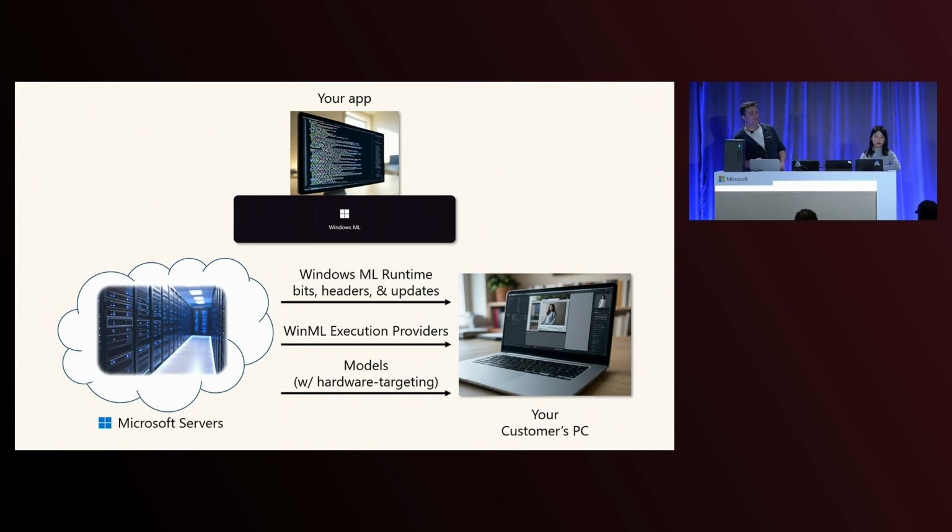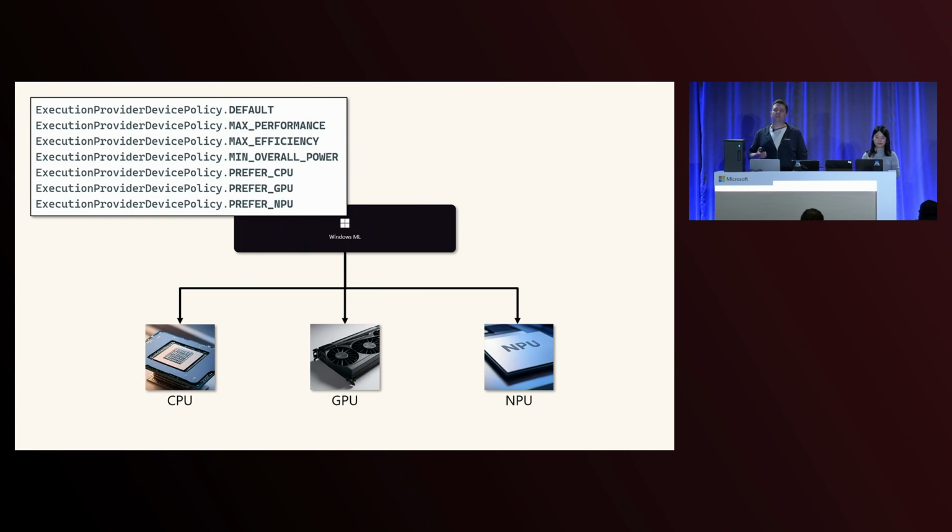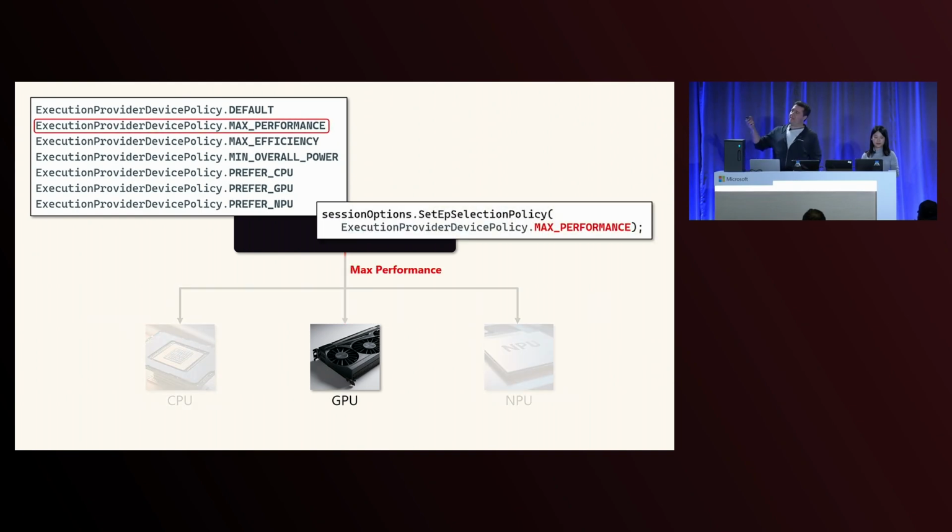All right, let's briefly talk about performance. Windows ML introduces the concept of device policies. Device policies are basically a way for you to describe what outcome you want when you run your AI workload with Windows ML. For example, if you set the max performance device policy, Windows ML will attempt to get the most power out of that machine and achieve the fastest wall clock speed possible. So if it sees a discrete graphics card, like in a machine like this, it will select it and run that workload there as lightning fast as it can.